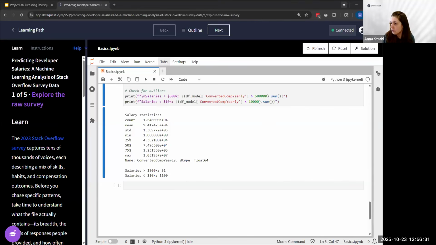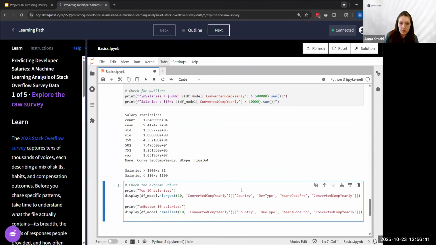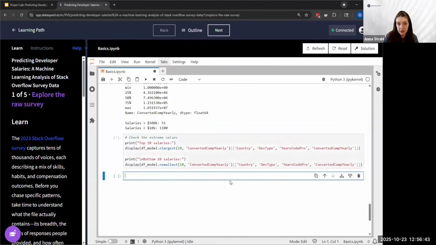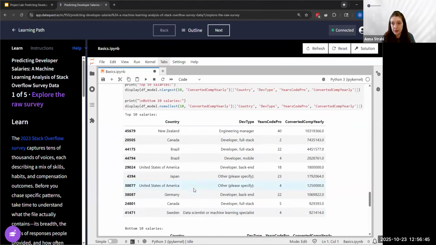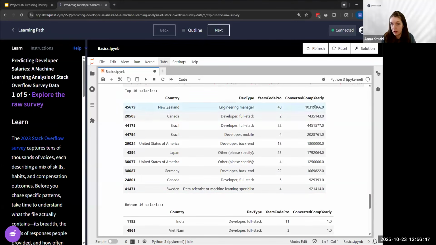Okay, so let's look at our top and bottom salaries just because especially this maximum and this minimum are kind of weirding me out. So we're going to check the extreme values here. So our top 10 salaries, we have 10 million from New Zealand, 7 million from Canada, a couple more millions from different places around the world.